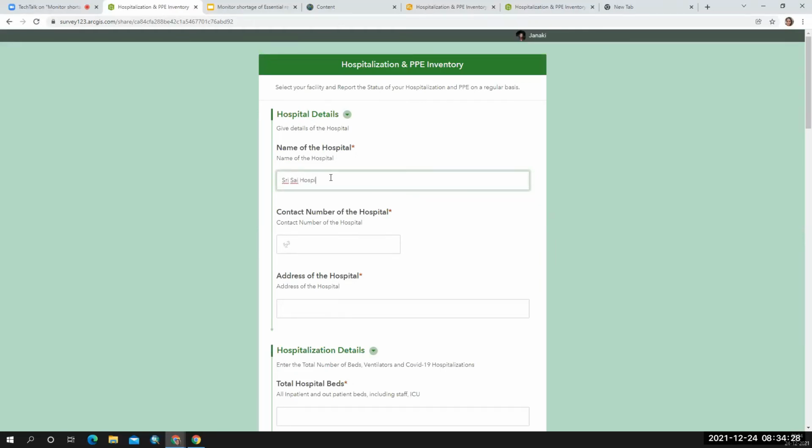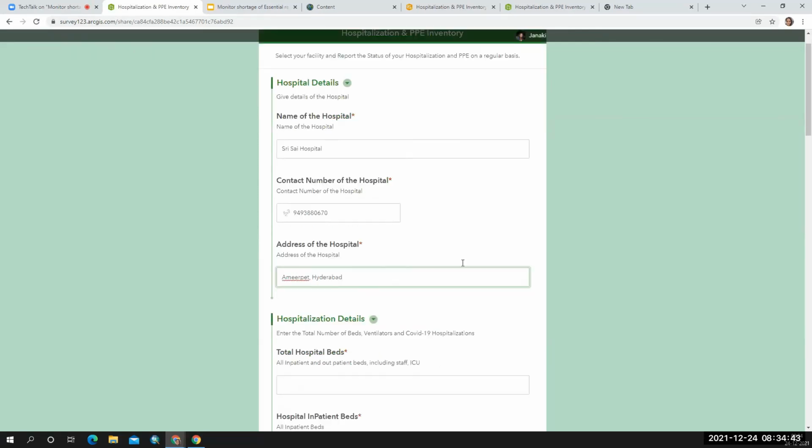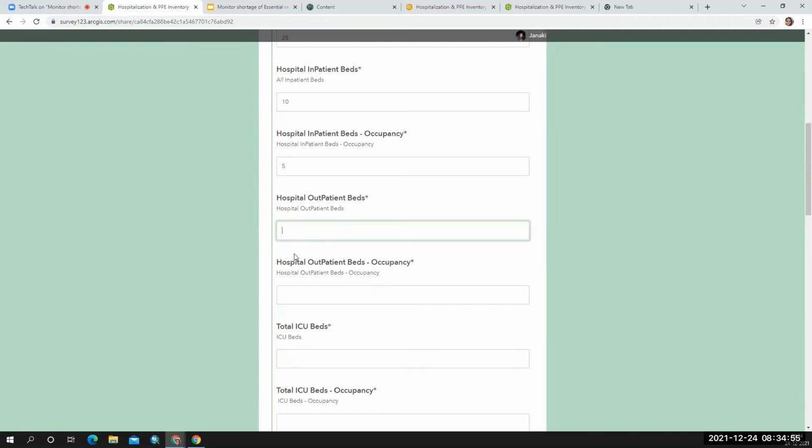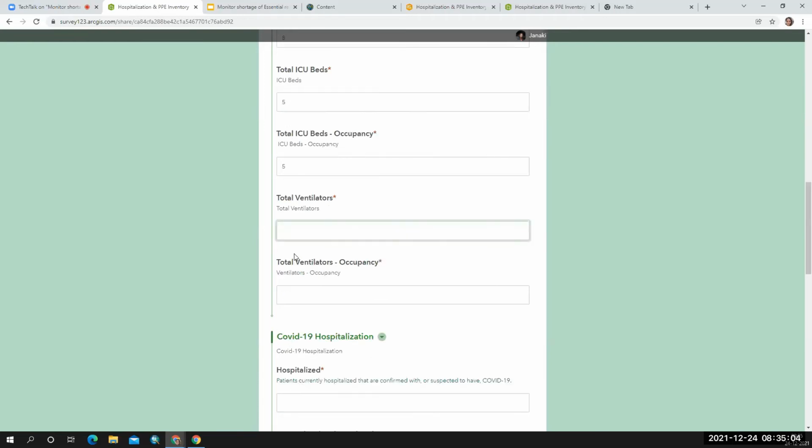So I'm going to fill in one record. Please fill in the record by you also. Total inpatient beds, inpatient occupancy, outpatient beds, outpatient occupancy, ICU beds, ICU occupancy, ventilators, ventilators occupancy,